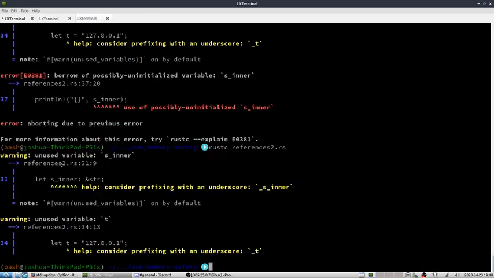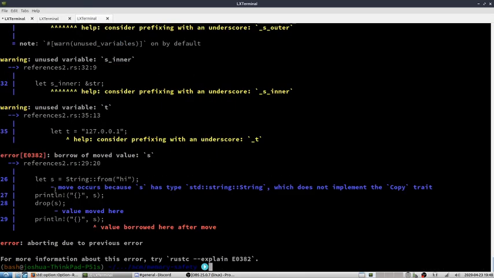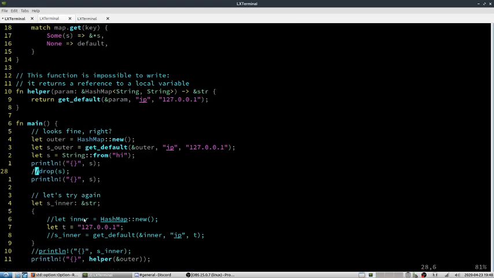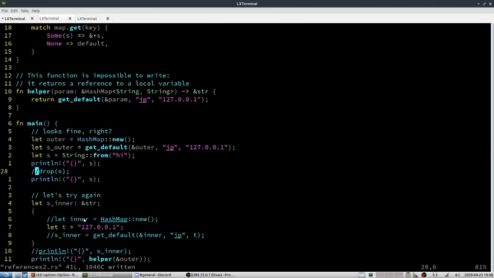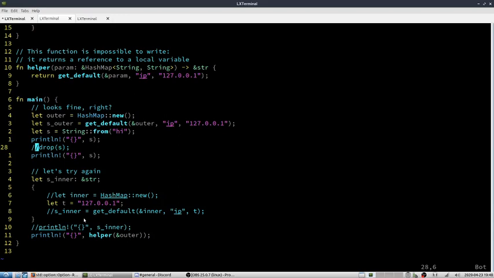There we go. Okay. And it says, all right, you deallocate it here, so you can't use it again, right? But if we comment this drop out, if we say, okay, no, we do actually want to use it, then we can use it later. So the lifetime of the variable is dependent on how you use it. Does that sort of make sense? Yeah. There's no way to change the lifetime though. Say something you want it to live longer before it has died. Yeah. So,